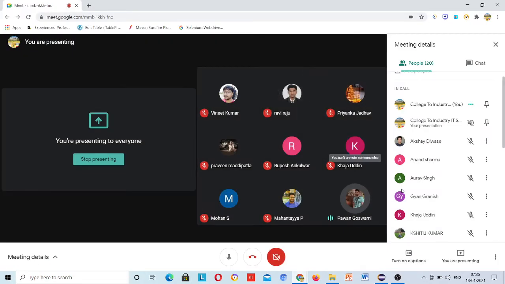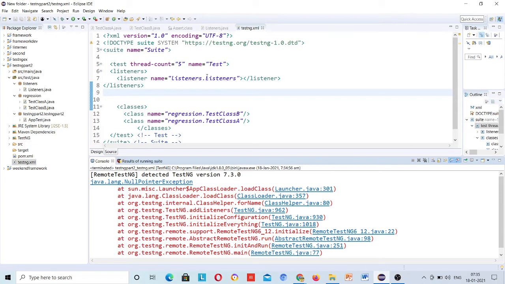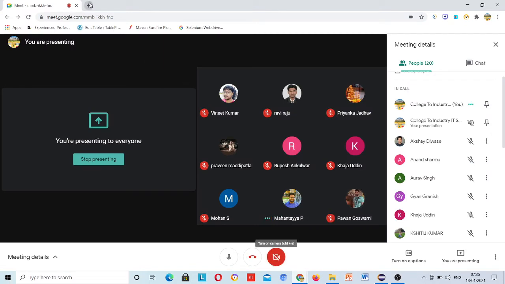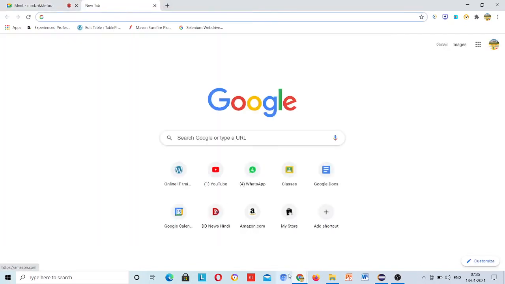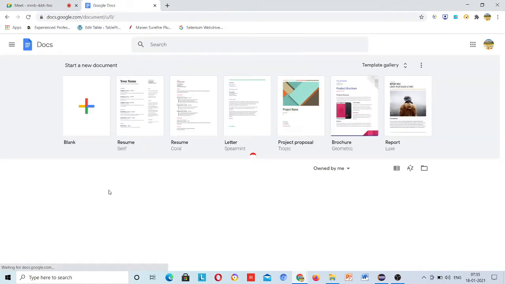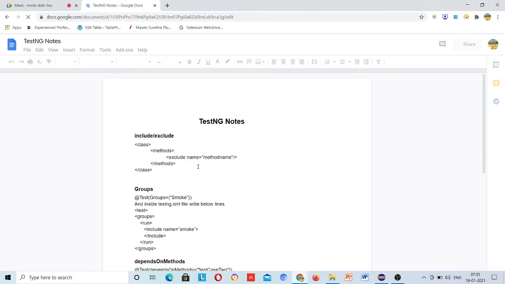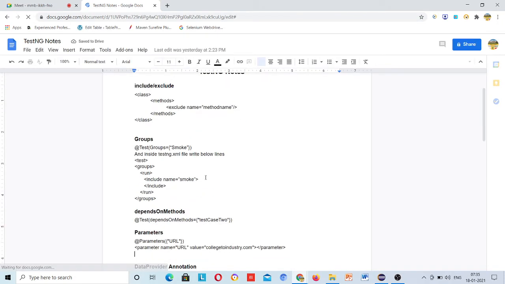When the package name is like on tabs, you can. Package name is correct. So I think for listener, at the end of the listeners you have to use a slash, right? This I have closed, right? So this is not due to that. Wait, maybe syntax is incorrect, so I have a file, although I think that's the correct one. This I will give it to you.